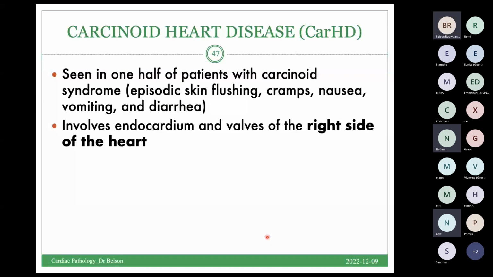So carcinoid heart disease is seen in half of the patients with carcinoid syndrome. Carcinoid syndrome is made of things we will see in the digestive system. In a presentation I made yesterday, there will be some details about this. So skin flushing, cramps, nausea, vomiting, and diarrhea. But what causes them? We have tumors